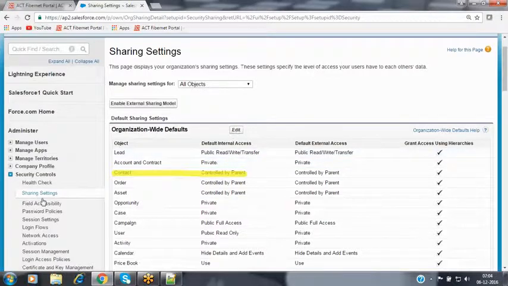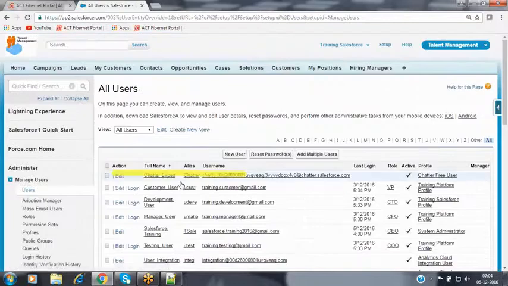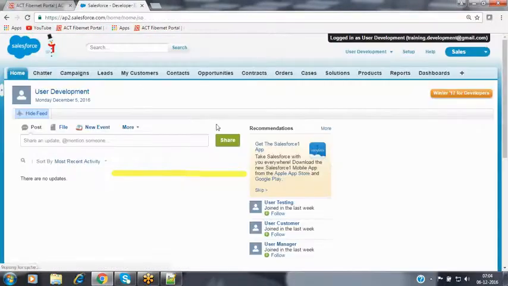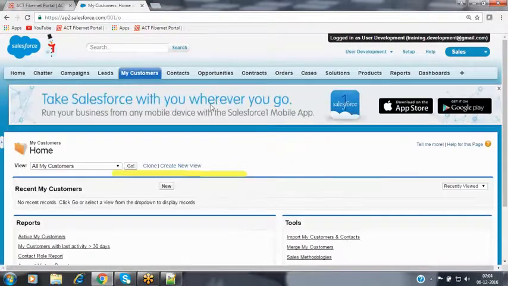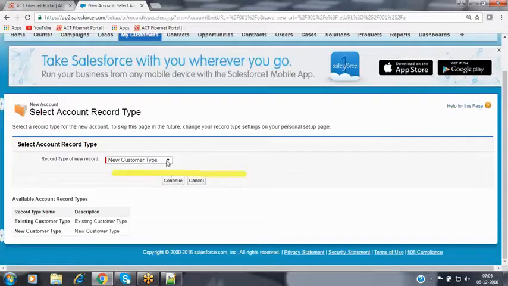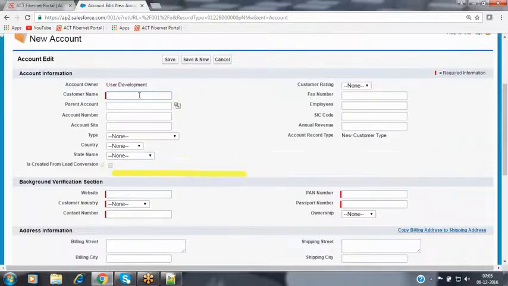Now let's log in to the user. Go to the development user, then go to the customers, my customers. Click on the new button. I'm creating a new record, Private test account.